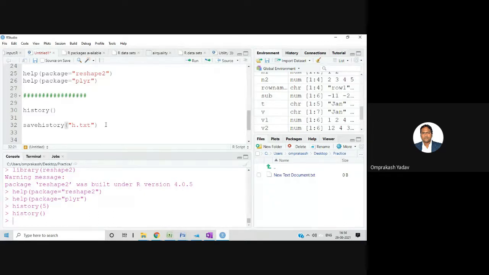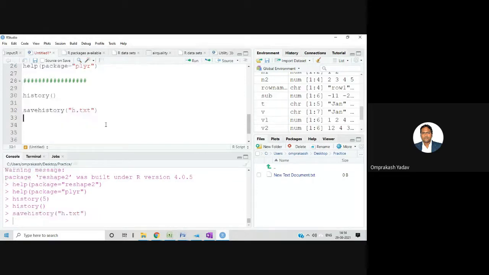So I'll say savehistory h.txt and execute this. It will save the history, but where will this be saved? In your current working directory. So just check in your current working directory whether you got the h.txt file or not. It will be created.